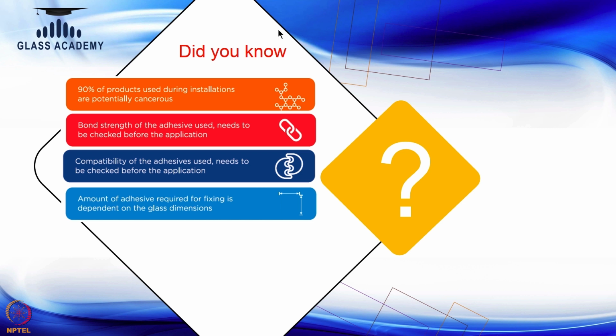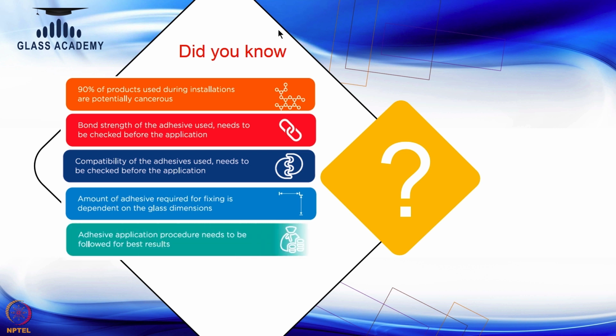Next comes the amount of adhesive being used, because if we use a small amount of adhesive, it is not going to fix the glass in a proper way. If we use a higher amount of adhesive, undulation and unbalancing will happen at the back of the glass, again resulting in glass breakage or glass coming down from the placed area. So, we need to look into this area. Then the adhesive application, the way we are applying adhesive, is also a critical element of this glass fixing category. So, all these critical elements need to be taken care of when we select glass fixing accessories or any of the glass fixing products.